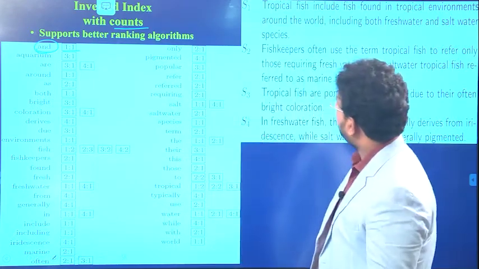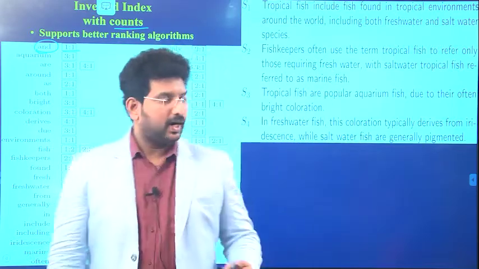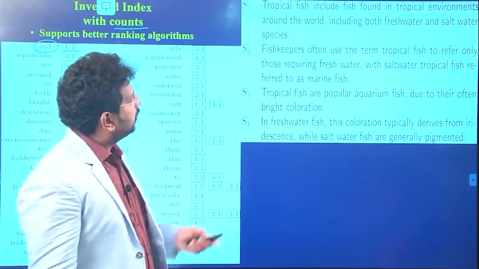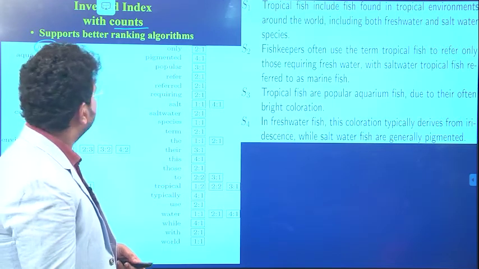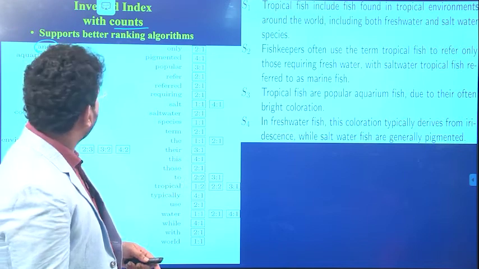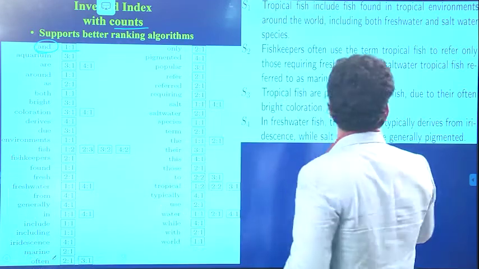If you observe here, take the time for identifying. So observe the first document, whether "and" is present or not. You will find, yes, at last you are able to find "and". How many times has it repeated? Only one time. That is indicating very clearly that. So here you will be having "and"